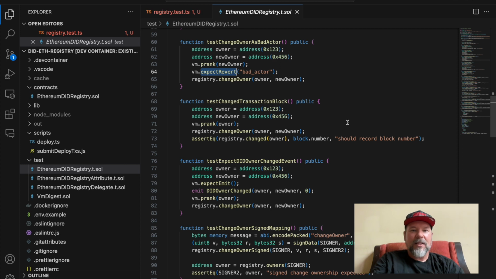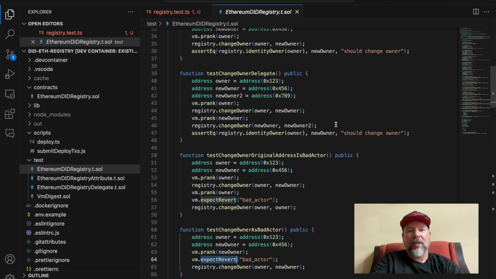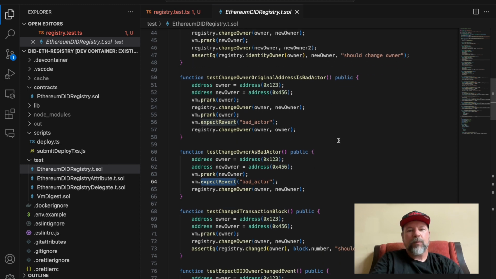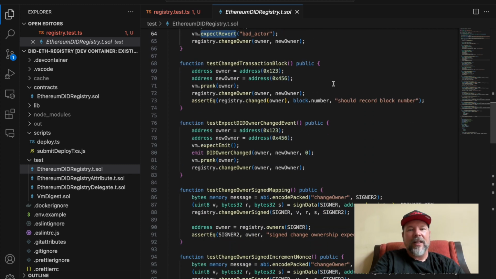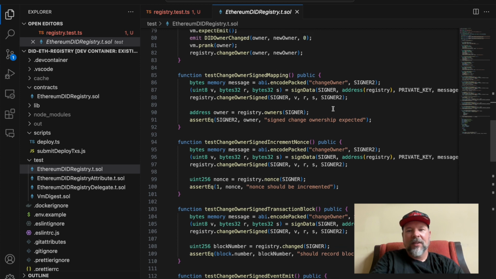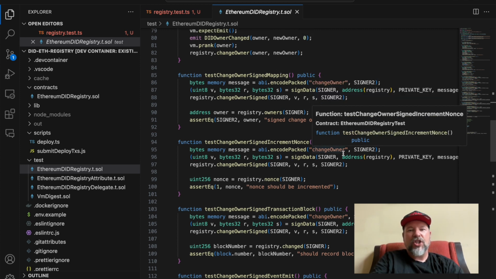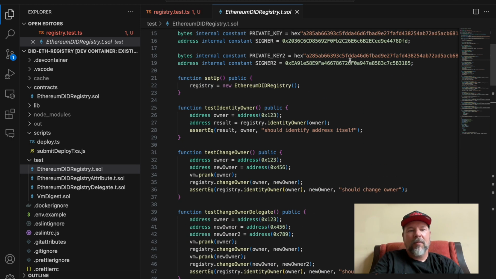And all this is possible in TypeScript testing. It's much more clean and clear what's actually happening when we do it from the Solidity perspective. And there's other types of tests that are not possible at the TypeScript level, such as fuzzing or time-based tests, that are really enabled if we're working fully in Solidity. So we can have a better understanding of our security model, and we can create better unit tests that check for the security requirements of our contract by using Solidity.